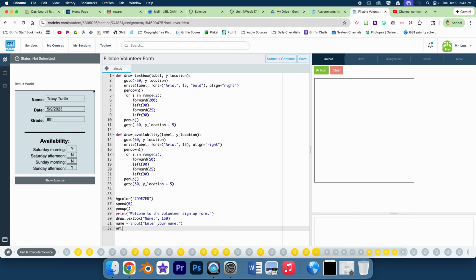Then we're going to do write, parentheses, name, comma, font equals, parentheses, quotation marks, Arial, go outside of the quotation marks, comma, 15. We're going to go down to line 33. This one's going to be name underscore MSG equals